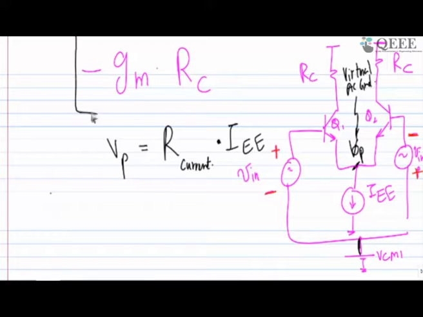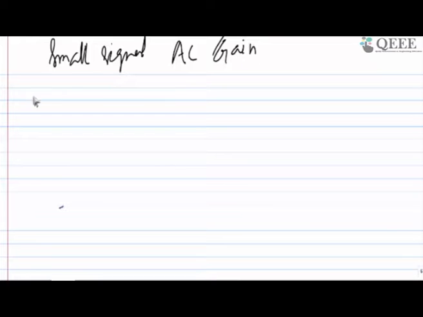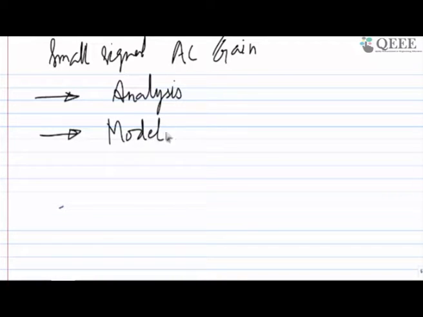And we found out the small signal AC gain from the analysis. First of all, we found it out from the analysis, but we have not used the AC model, and we are going to use the model from today onwards. So last time I was supposed to teach that, but I could not cover it. But anyway, I'll try to cover it in a better way today itself.